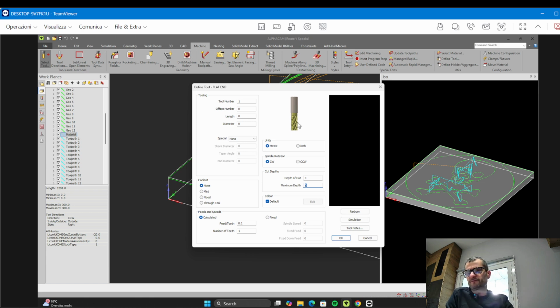For example, if my knife is 50 millimeter, and my maximum depth I want, this tool will work just up to 11 millimeter. If I create a tool like this, when I write on some programs that I want to go inside 12 or 15 or more, the system asks me if I'm sure because I'm over the maximum depth that I write here. Okay. So can be a safety, can be,